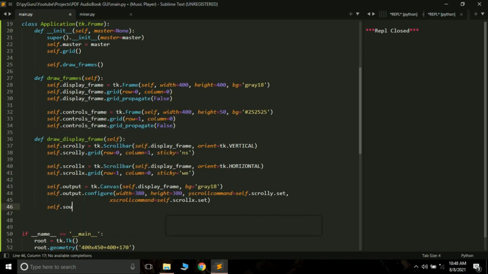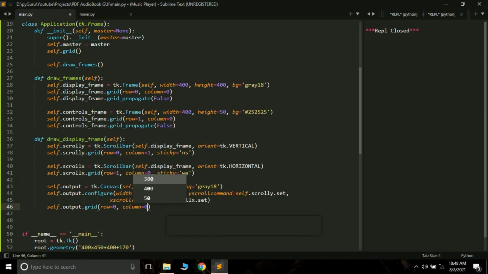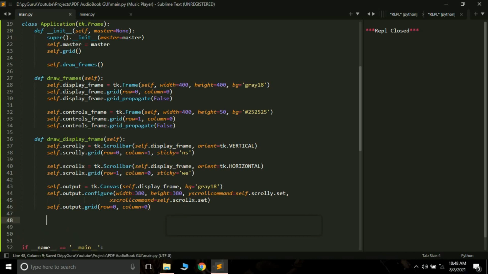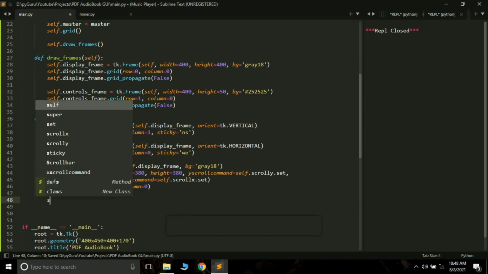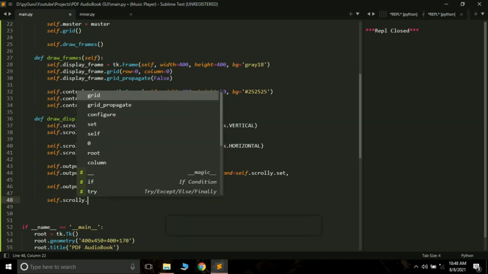The next thing is we have to grid it. So self.output.grid, and row will be 0, column will be 0. Done. Now we have to do two more things, which is self.scroll_y.